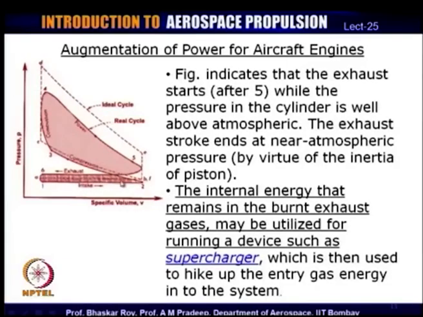So, that this intake exhaust loop again becomes a small one and does not take away a lot of power, and as a result the BHP available would again become a reasonable value for supplying power to the propeller. So, this supercharging is something which we will look into in some detail in the next class,